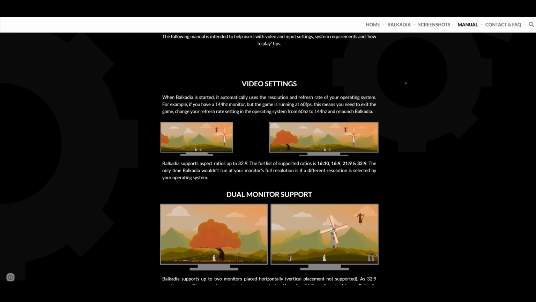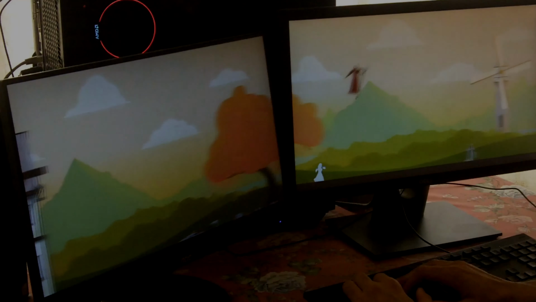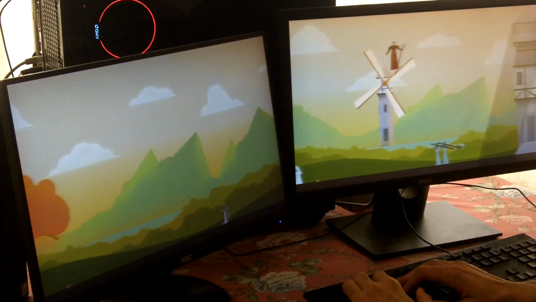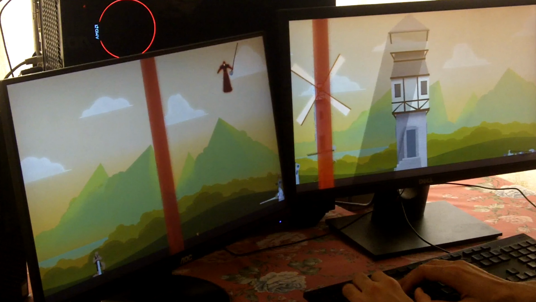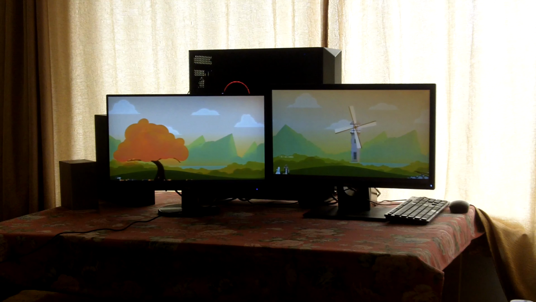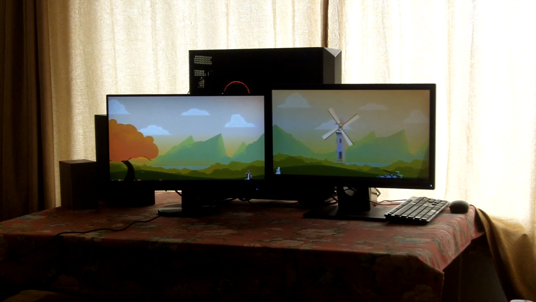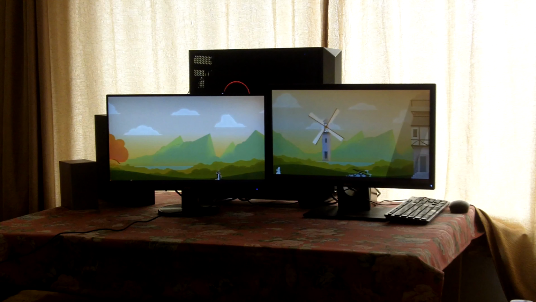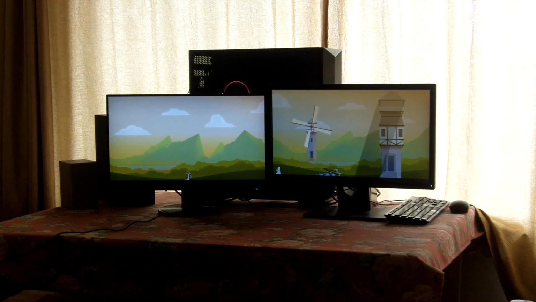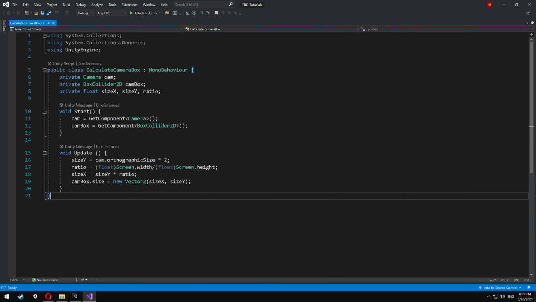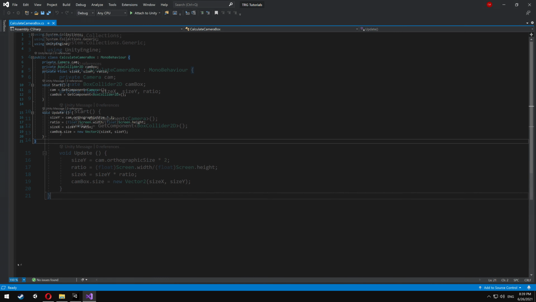This also helps with ultra widescreen support. For example, my video game Balkadia supports 21:9, 32:9 and dual monitor. In my opinion, I think it's high time 2D indie games stopped limiting themselves to just 16:9. I'm sure there's more benefits to this, I just can't think of any more right now, so let's just see